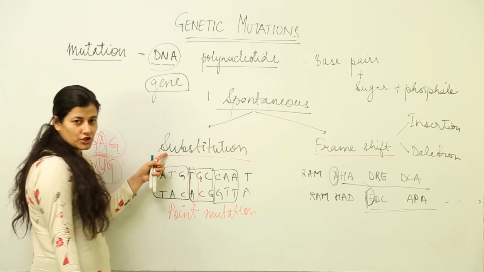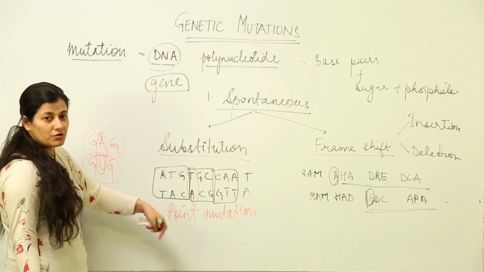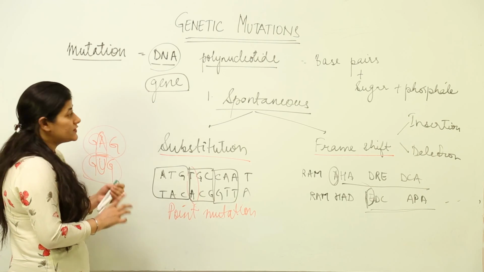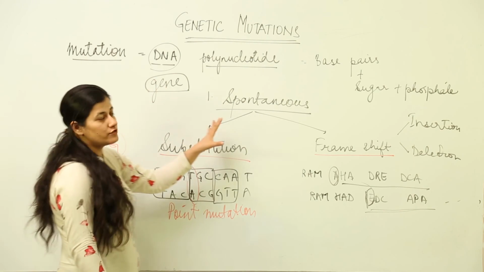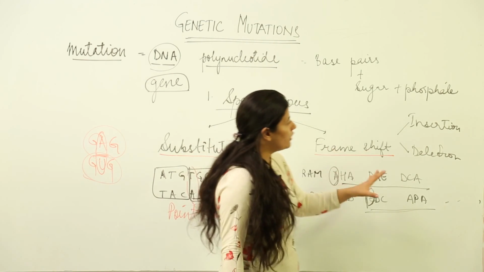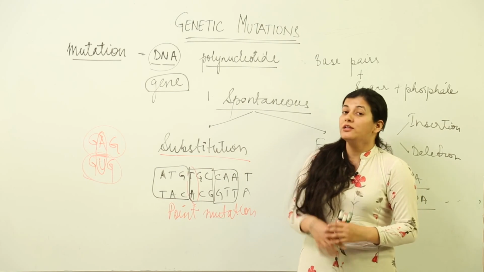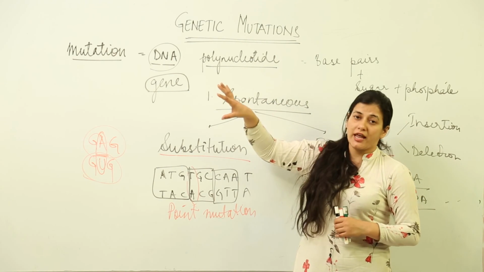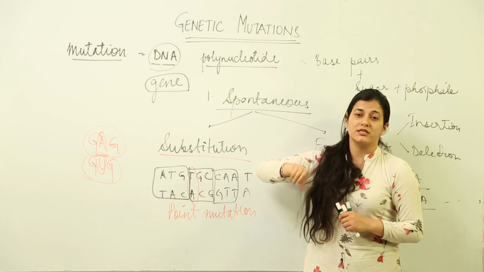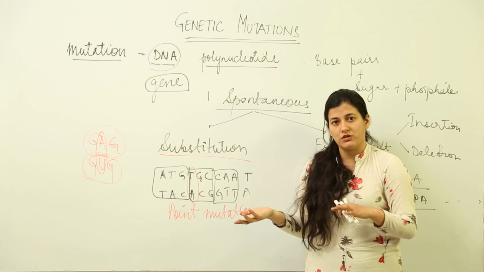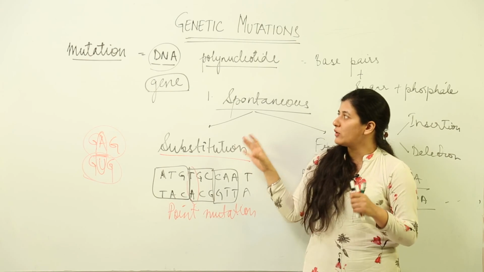We have substitution, which could be studied in terms of point mutation, and we had the example of sickle cell anemia, and this is all you have to keep in mind when you study about mutation at the molecular level. This mutation has a lot of importance in terms of evolution that we study when we do evolutionary studies, but for now this much is